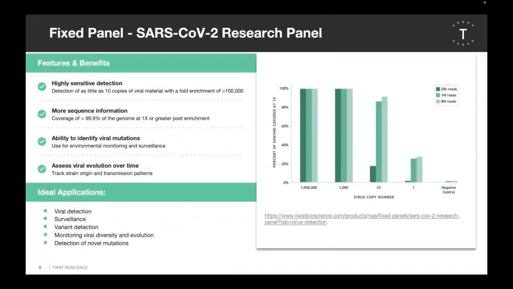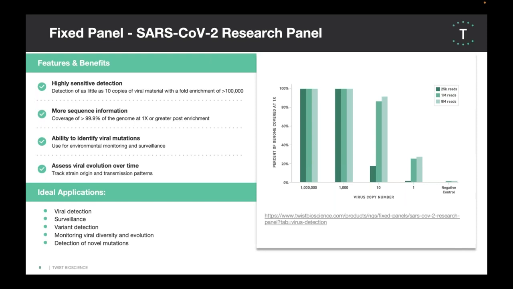So just quickly go over 2 fixed panels. We first have the SARS-CoV-2 research panel, which we launched at the start of the pandemic in March 2020. We don't ever have to change the content because our probes are so specially designed that they can capture even with mismatches. This means we can still capture the new variants. For example, the Delta variant, Omicron variant, you name it, we can still use the same panel to capture